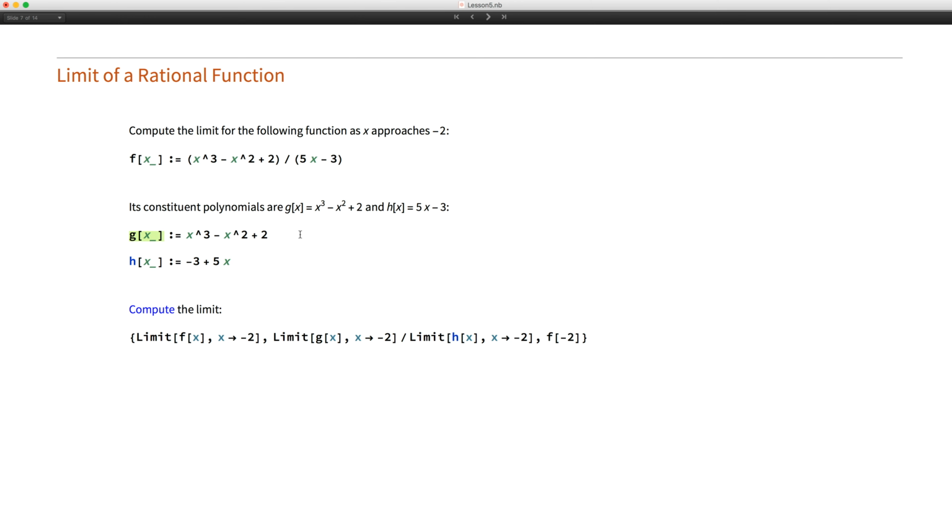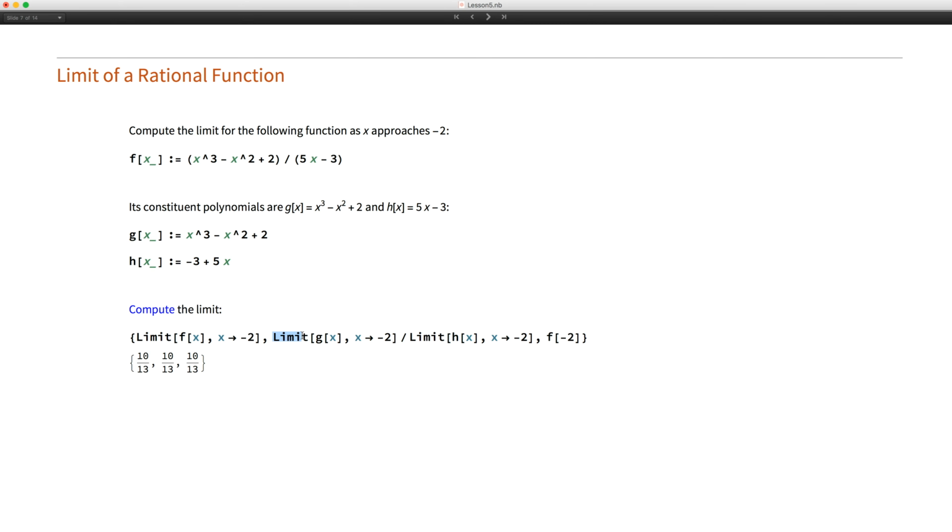So here you have g is the numerator, h is the denominator of the rational function, and to find the limit of f as x approaches -2, you simply divide the limits of numerator and denominator, and you get back the answer 10/13,